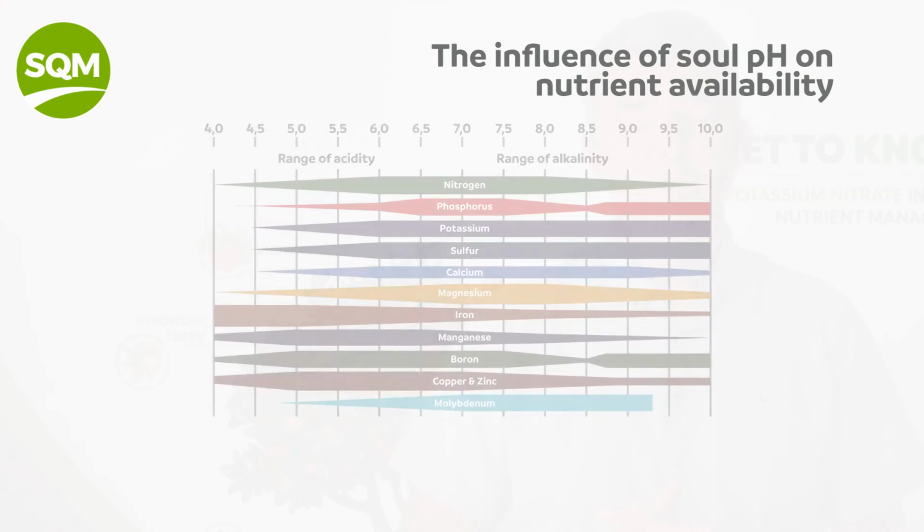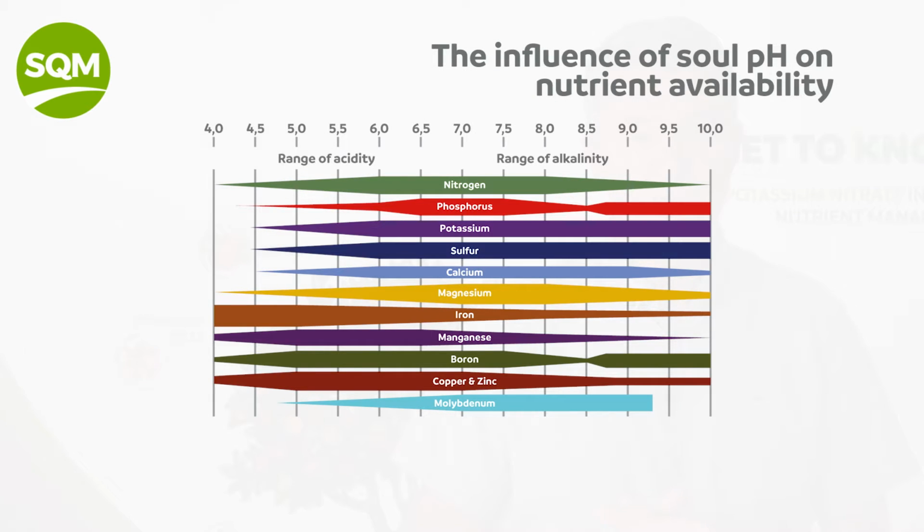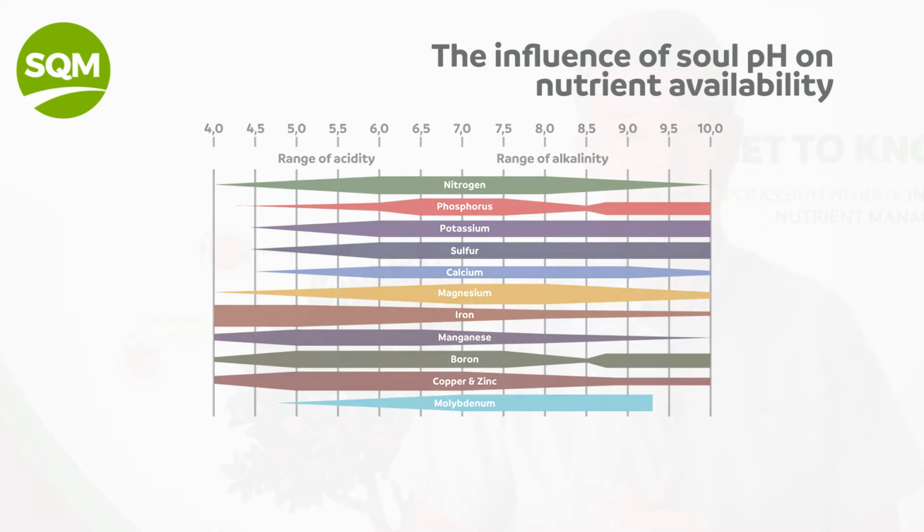This picture on the left you've probably all seen before out of textbooks, but it shows the nutrient availability at different pH ranges. If we look at the elements individually, well, you can study this in your own time, but you'll see that if the acidity is too high, then nutrients become less available. If the alkalinity is too high, then nutrients also become unavailable.